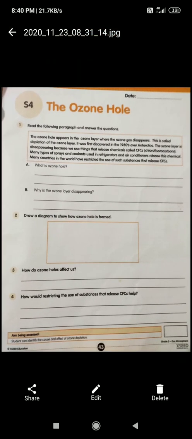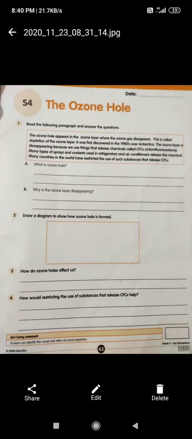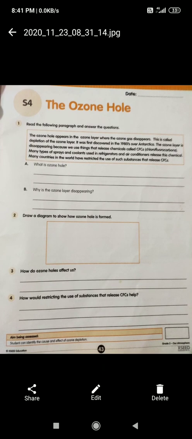How does the ozone hole affect us, right? If the ozone hole forms, how will it affect us? Simply the UV rays, ultraviolet rays, fall on the earth, and the animals and human beings all will suffer, right? Skin cancer, skin diseases, skin burns will be on the rise in humans, and of course they will cause damage to plants and animals also, right? So like that you can write your own answer in the third question.